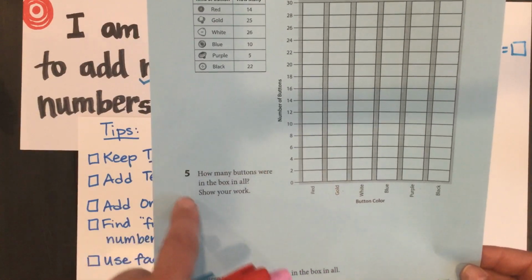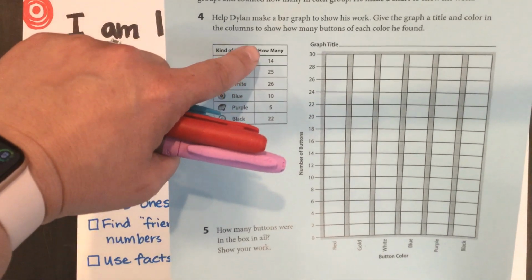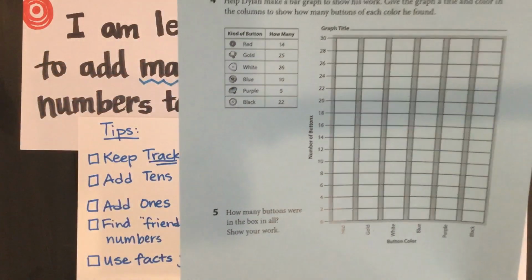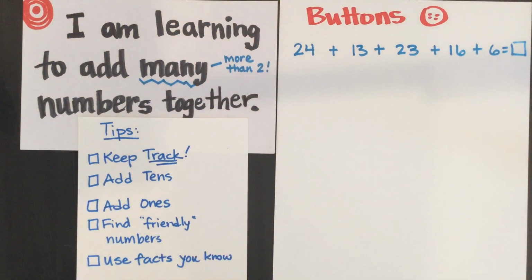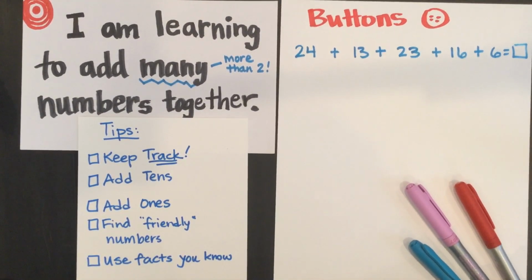So I'm really zooming in on this one right here of how to show your work when we have to add all those numbers together. Okay, we have to have a strategy to keep ourselves organized. And that's where my tips come in handy. The number 1 tip says keep track. Somehow we're going to have to keep track of the numbers that we have added so that we can keep